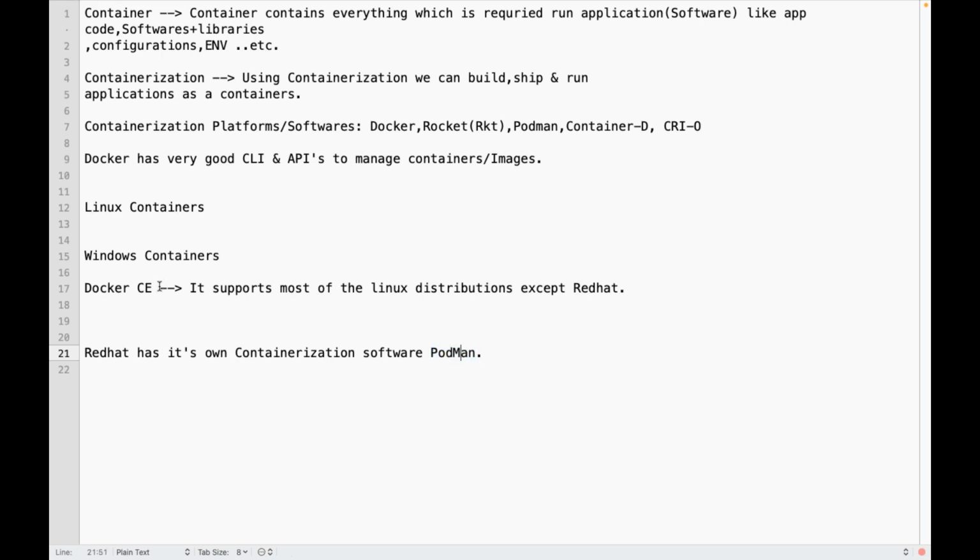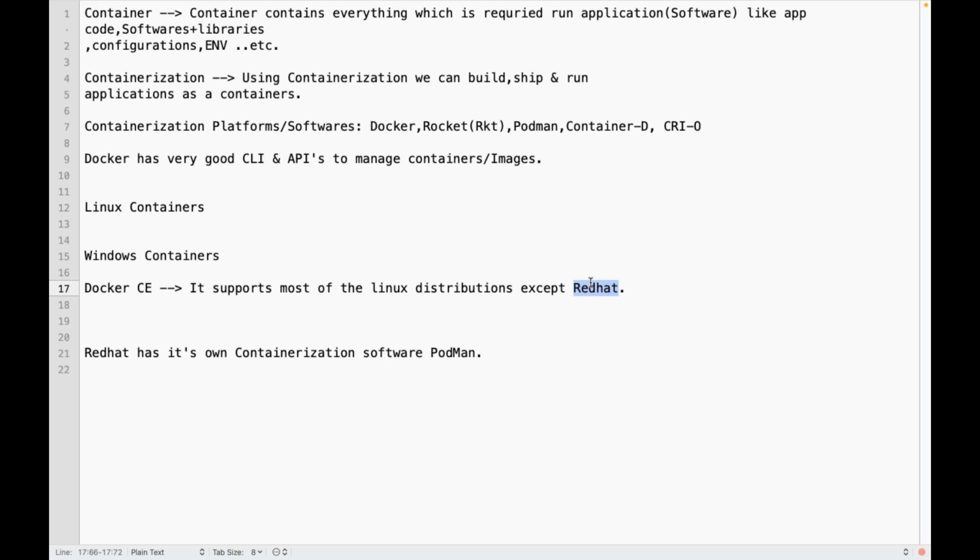So they want to promote their own containerization software, right? So Community Edition is officially not supported by Red Hat, but that doesn't mean you can't install Docker in Red Hat. We can still install Docker in Red Hat, but is there any official support whenever issues occur using Docker with Red Hat? No, not for Community Edition.